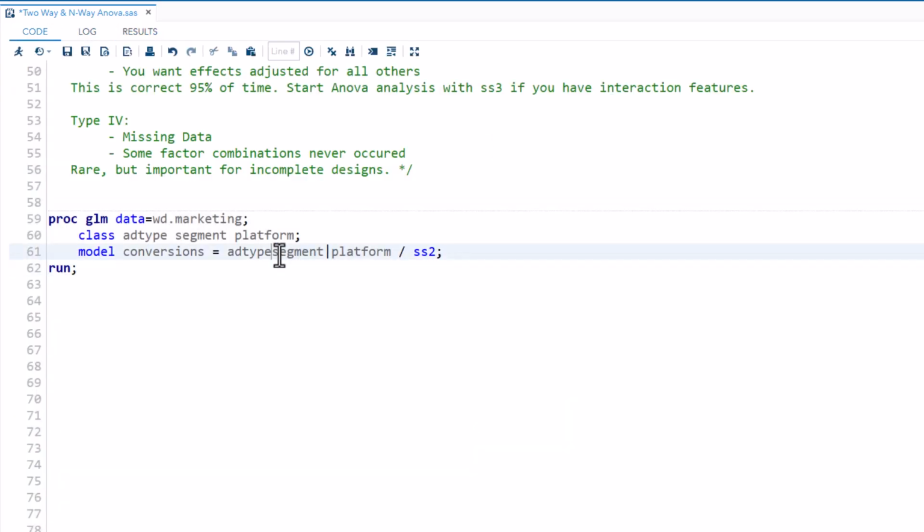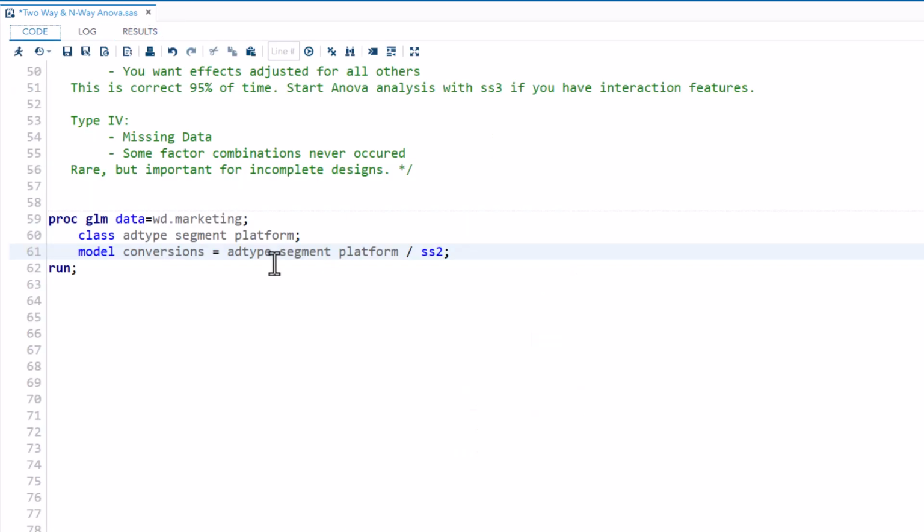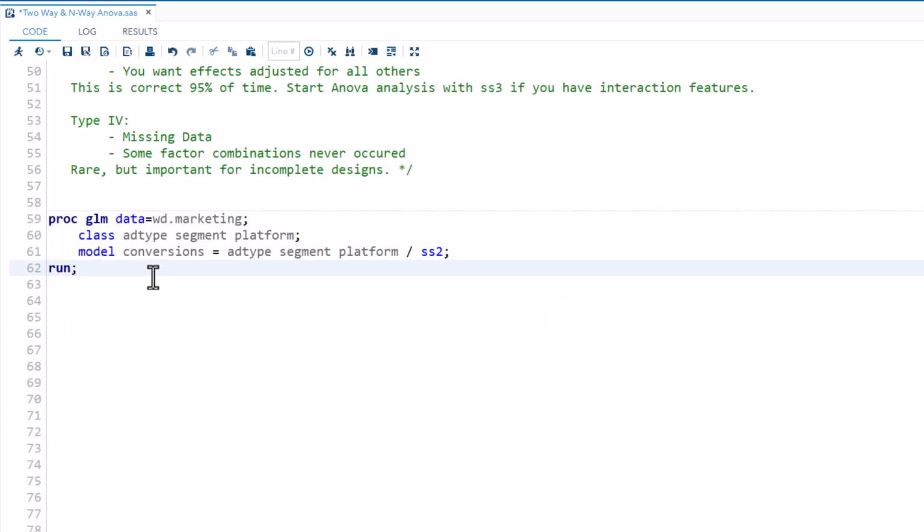I have to make some changes here. Add ad type, segment, and platform, because I used the bars, and that's why it was generating the interaction features also. You have to remove the bars also, or asterisk if we are using it. And now let's run the code. You will generate the output only for the main effects, and you can see the main effects are statistically significant from each other. And this is the correct way you should be using n-way or two-way ANOVA analysis using PROC